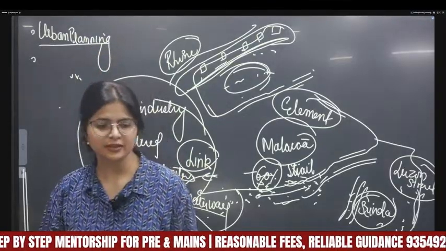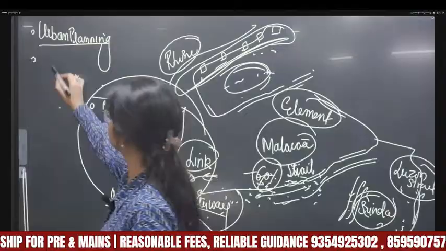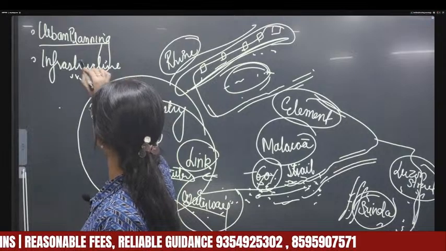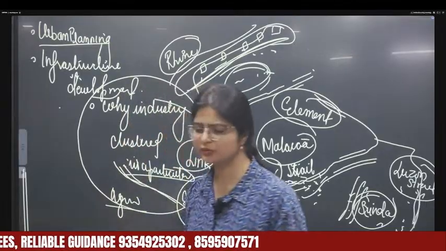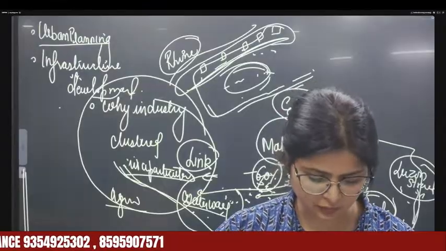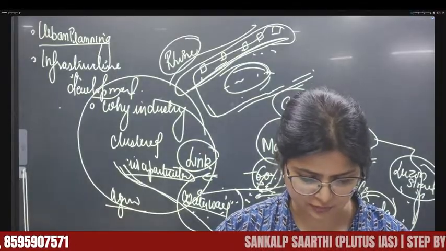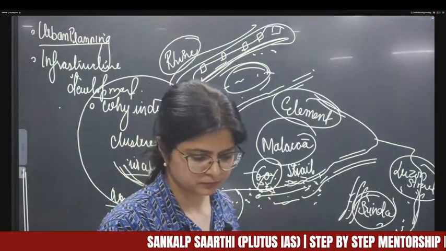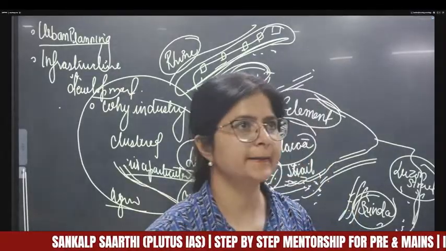For that they use it. Next, they use it for the infrastructure development. They use it for infrastructure development. Then transportation planning and resource allocation. Right? Please write down this example of Malacca Street in your own words right now. Write this example, otherwise you will miss this out. देखिए,